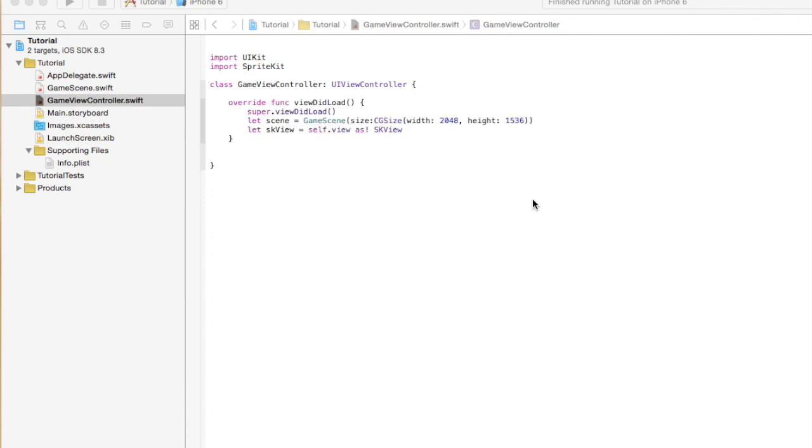Okay, this is what I got so far here. Got a GameViewController class, it inherits from UIViewController. Okay, got an override function of viewDidLoad. So we're overriding viewDidLoad, but we're going to use the